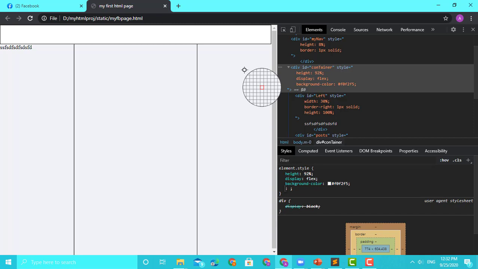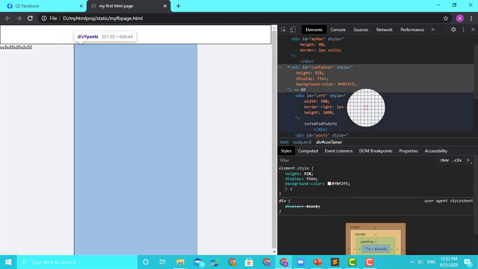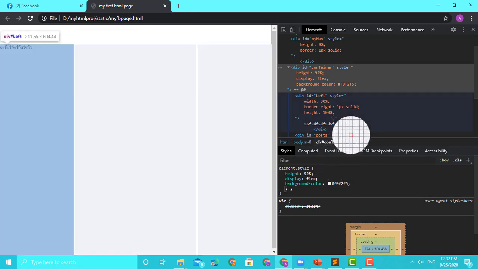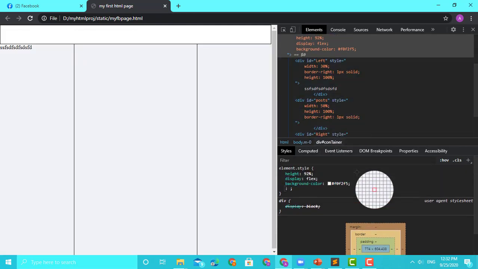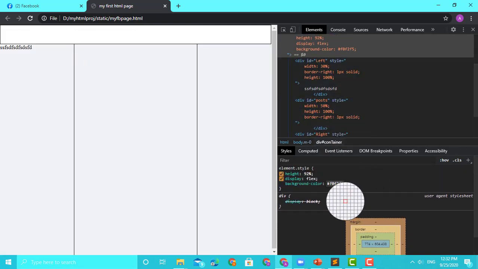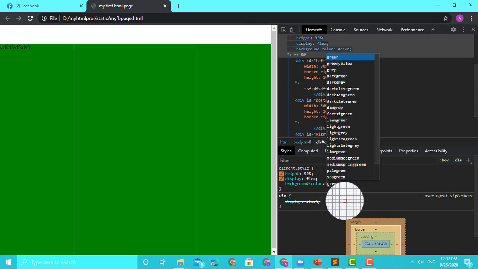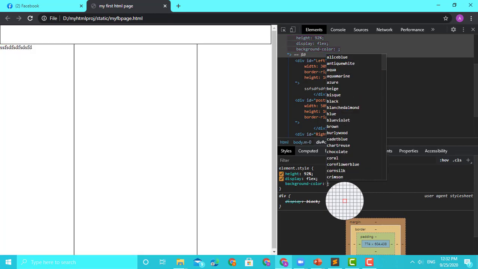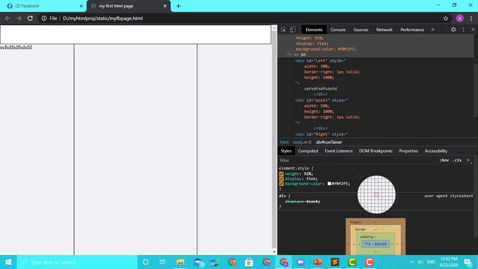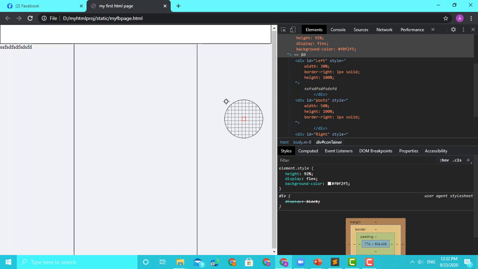In Google you will find a lot of color finders, what is the code for a different color and things. You can even give the names, it will still take. Some of the names are already there in the browser, so it will know. If you say green, it will come green. So you need not always use the code, I'll copy this and change it to green. See, it came green. So that's one way of doing it. Or if you want the exact color, you can use the code. So this is the way you got your color back.